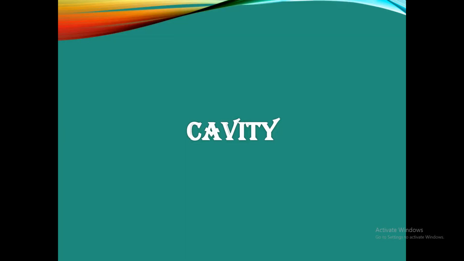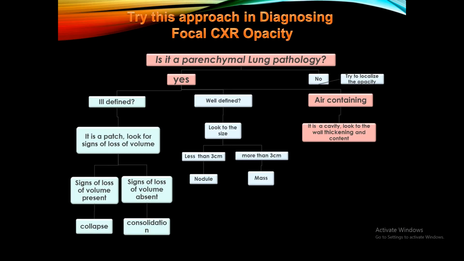انتهينا من الباتش والنوديول and we will start talking about the cavity. مثل ما تكلمنا الكافيتي هو عبارة عن air containing opacity. الapproach أنه if we have a parenchymal lung lesions and it's air containing so we are dealing with the cavity. وأهم نقطتين في الكافيتي هي checking of wall thickness and